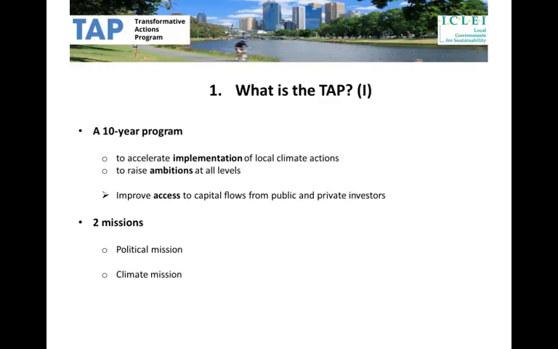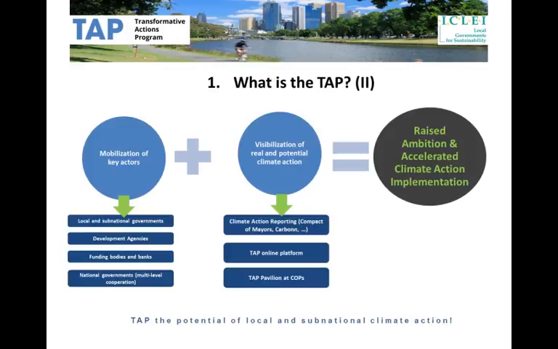But however, again, the key bonus of the TAP is really the fact that it is supported by ICLEI's strong political role in the UNFCCC process, and also ICLEI is involved in a variety of other climate-related international fora. And so really, ICLEI, together with its partners, has a really strong advantage as a facilitator of this pre-brokering between cities and financing institutions. So moving on to how these two ambitions will be achieved.